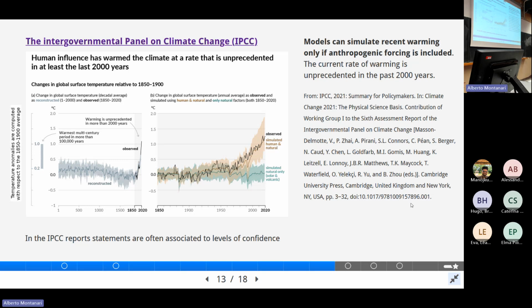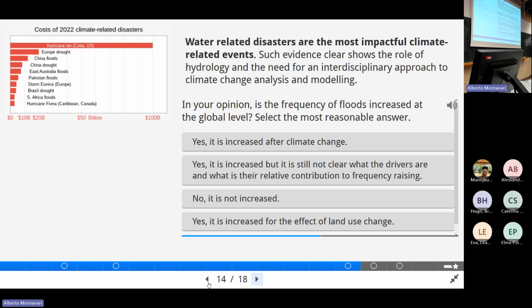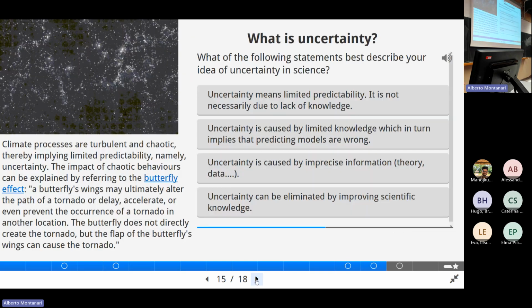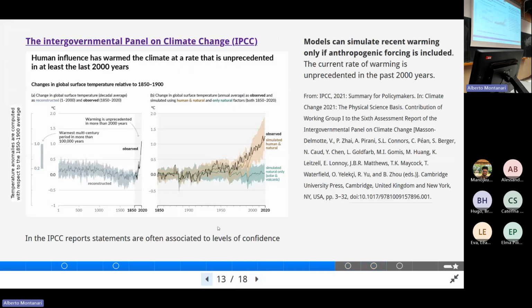Maybe I have a figure, just 1 second. Next one. No, okay, let me just check the next, okay. I'll find you a figure. Anyway, for any statement, like presenting this picture here, they say, I am highly confident on the results, I have medium confidence, I have low confidence. How they estimate the confidence is also interesting.